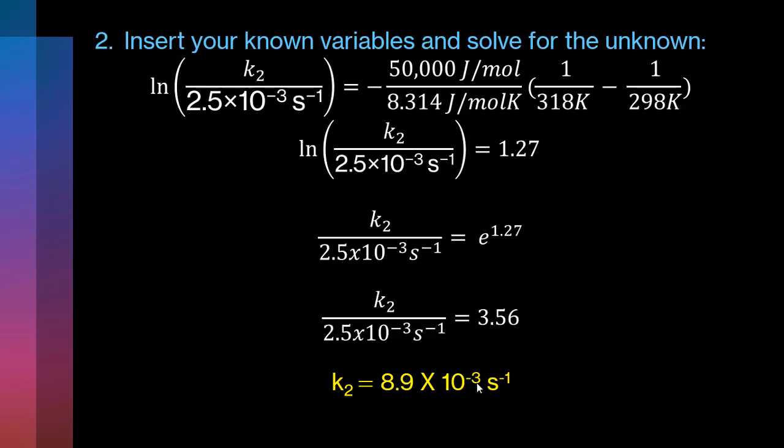But before you look at the number itself, ask yourself, does this answer make physical sense? We raise the temperature, and we know as temperature increases, the rate constant should increase. So remember, our original rate constant was 2.5 times 10 to the minus 3. Our new rate constant is 8.9 times 10 to the minus 3. So this is bigger than K1. That makes sense. Okay, so the new rate constant is roughly 3.5 times larger than the original value. So the prediction check here is a great way to catch sign errors and make sure that we did our math the right way.